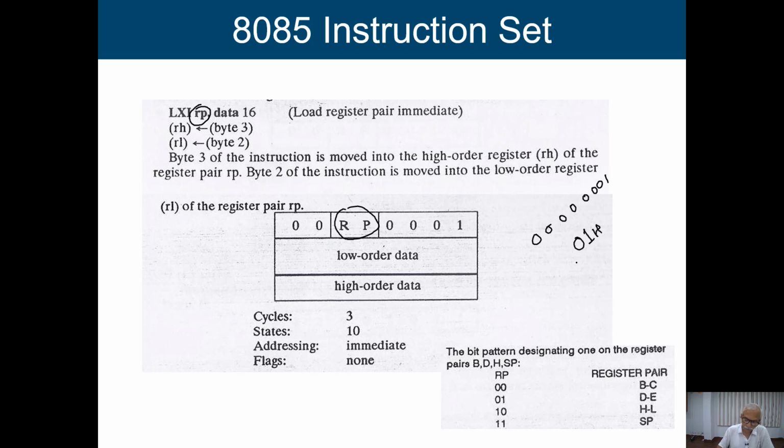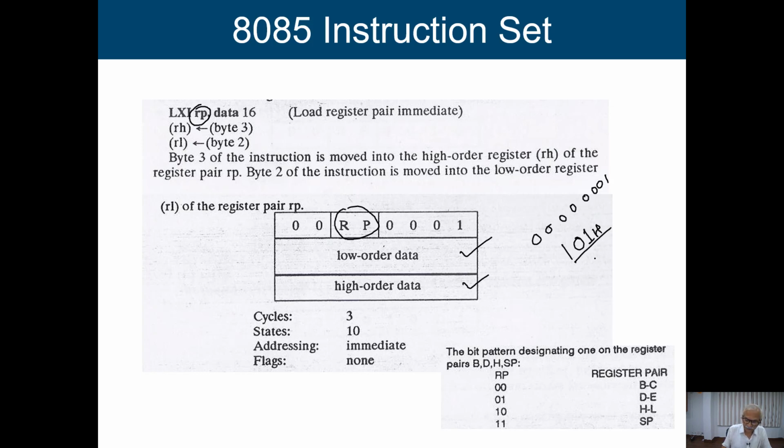So if the opcode is 01, then what operation are we performing? It is a 3-byte instruction. This is the lower order byte and this is the higher order byte. So we are going to give 16-bit data. The first byte is the opcode, the second byte is 8-bit data, the third byte is another 8-bit data. So a total of 16 bits of data.